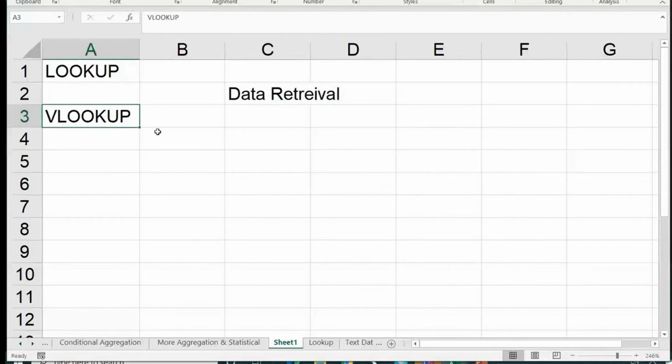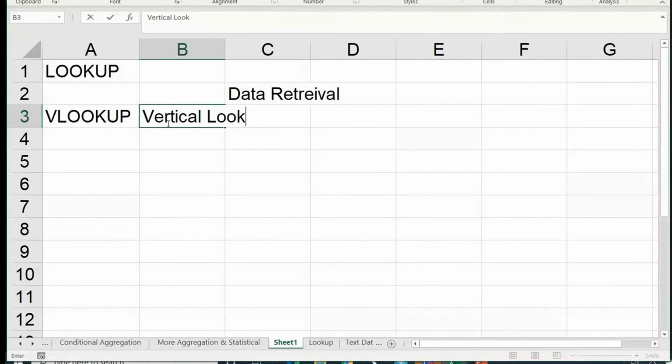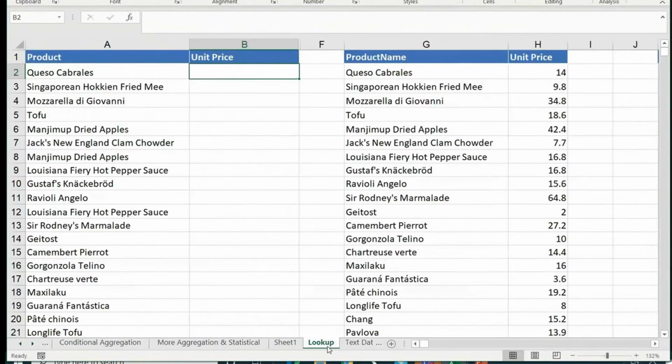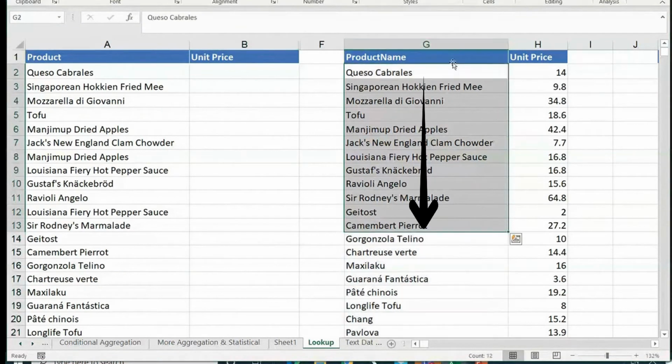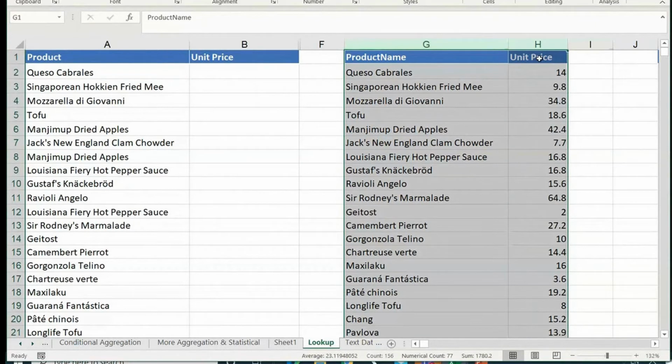VLOOKUP basically stands for vertical lookup, correct? So we use VLOOKUP when you are searching your data in a vertical fashion. My information to be searched is in vertical fashion, right? I have to search here and get information which is against it, which is next to it. So we use VLOOKUP.